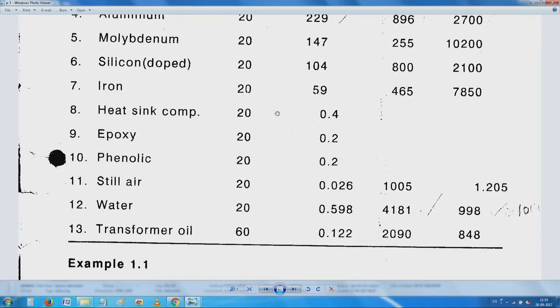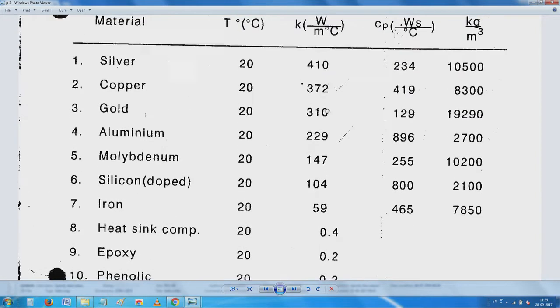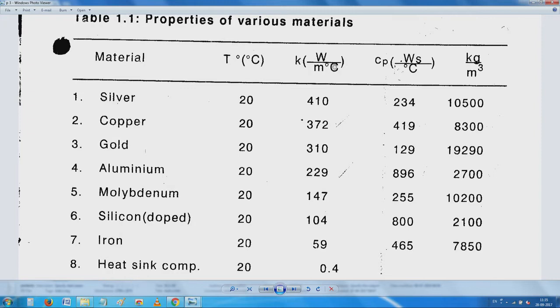You have seen this, no? Still air. Even water also does not seem to be very great. It is only 0.6 watts per meter degree centigrade. Not very encouraging. Compared to aluminum, if you divide this by that, you will get a really horrible figure, some 300 or 400 times less conductive than